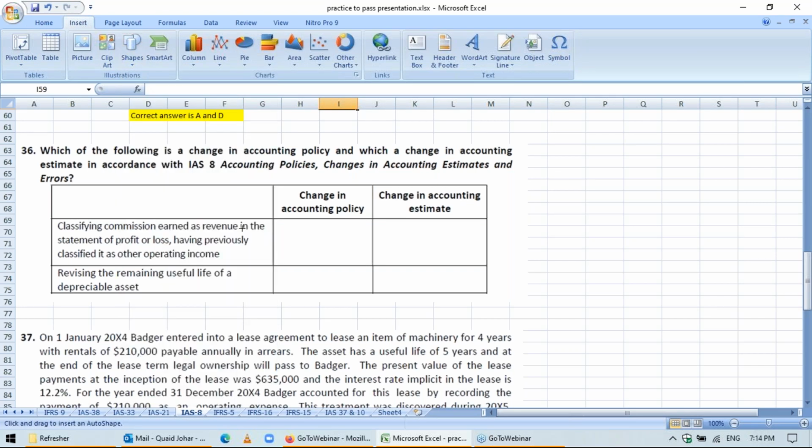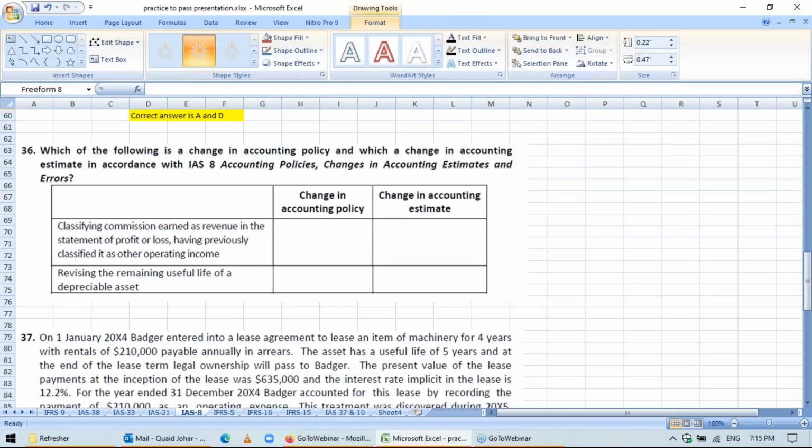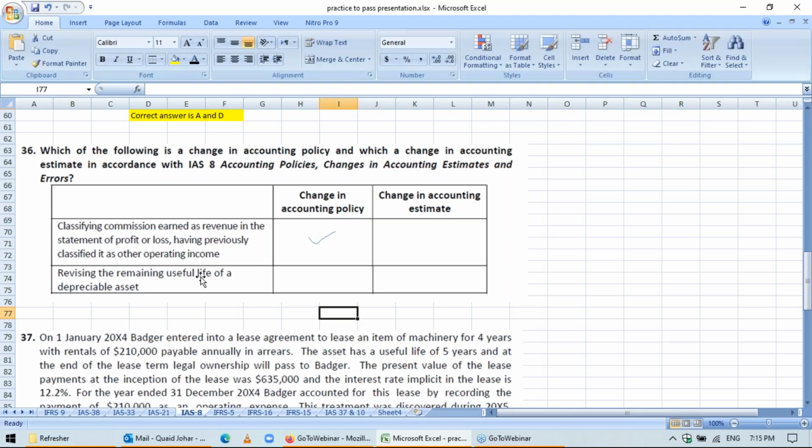So students, changing a rule to account for a transaction is an accounting policy. So over here, what they say is they are changing the commission earned from revenue to other operating income. Or sorry, from other operating income to revenue. So that's a change in accounting policy. They have changed the rule, right? And changing a number itself,